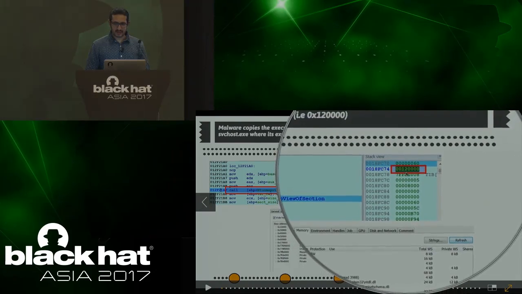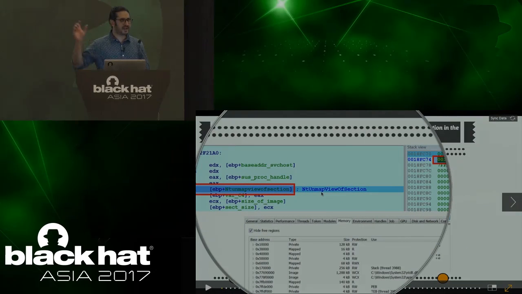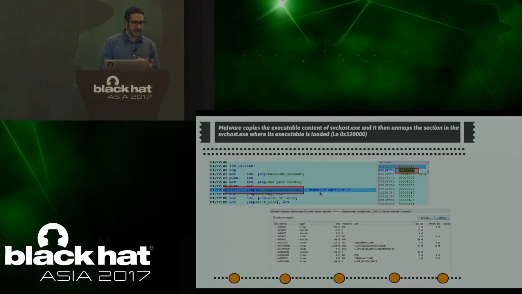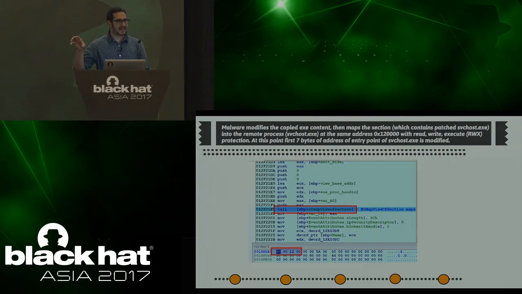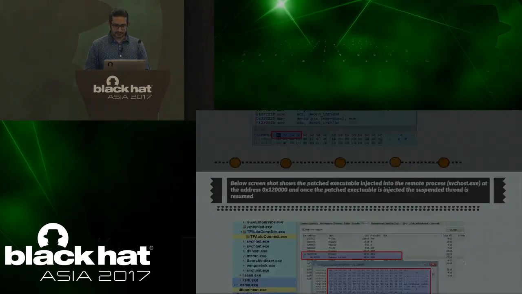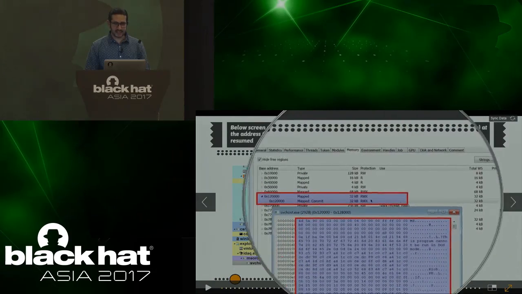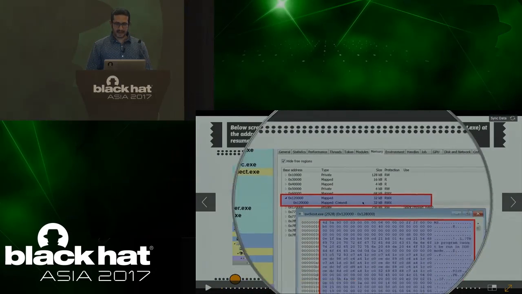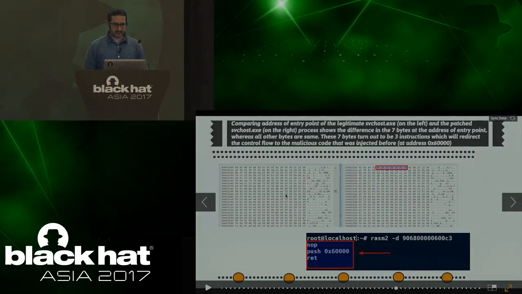Then, if you remember, svchost.exe is loaded at this address. It unmaps that particular section of memory. Before unmapping, what it did was, it copied the svchost.exe code, patched a few bytes, and then copied it back into the same region. You see now, after copying, there is no path to the svchost.exe because it hollowed that section of memory. Now it has read write execute permission, but now it has a patched executable. Okay?